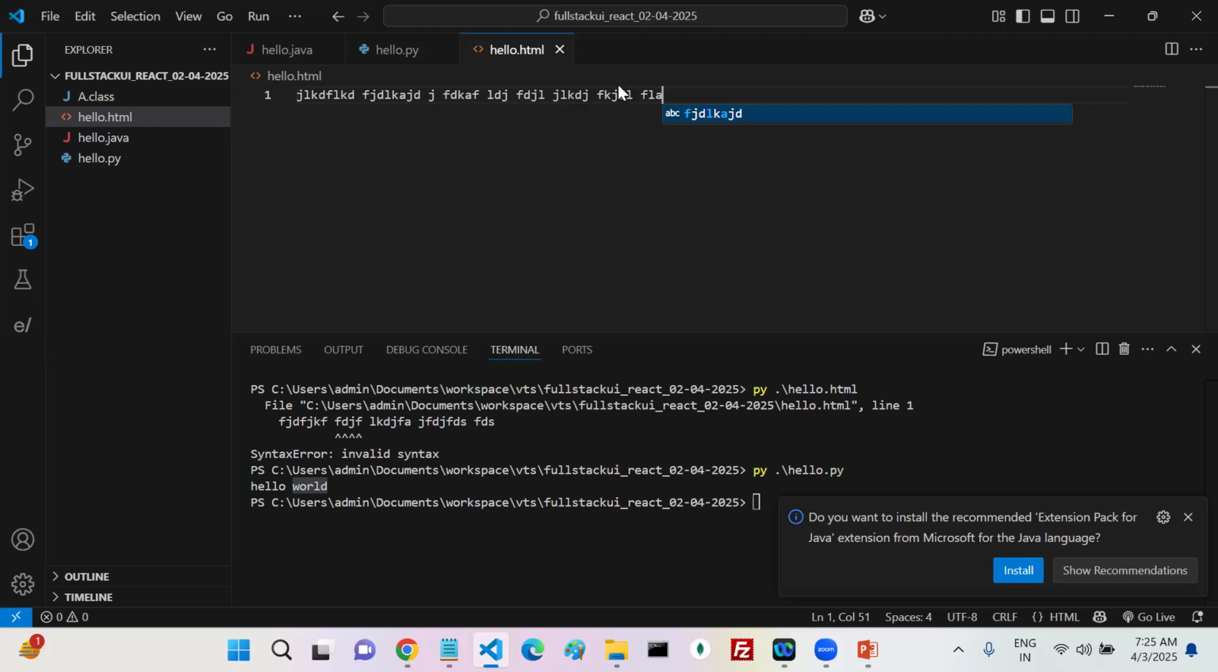Why? Because no one is there to check whether you are following the rules and guidelines. There is no compilation, it is directly going to run. Where can we run the HTML files? Inside the browser. So this is my hello.html. Let me